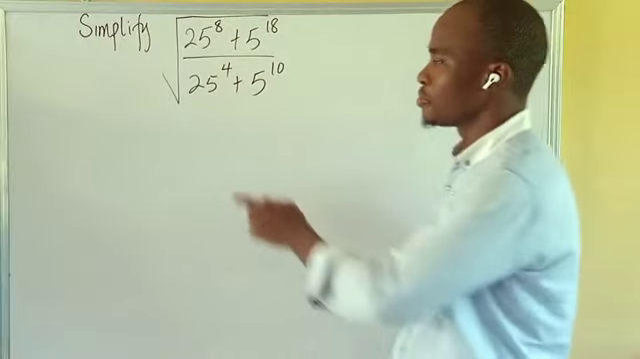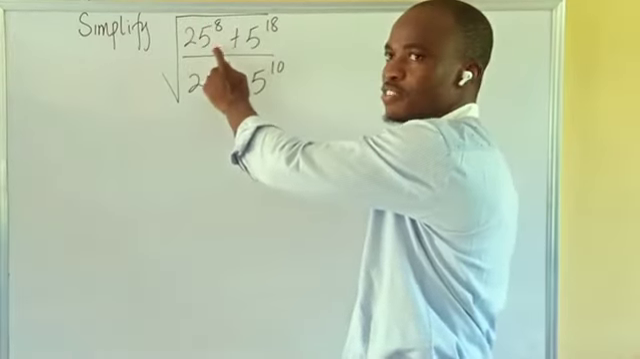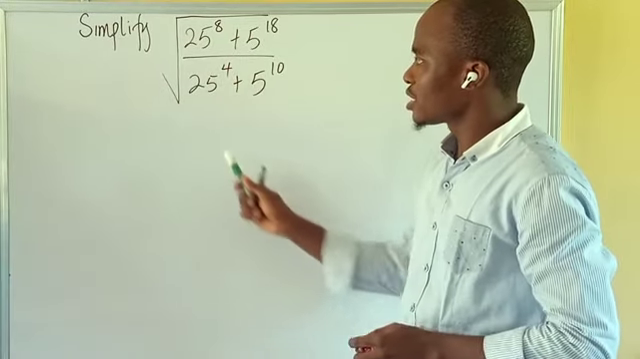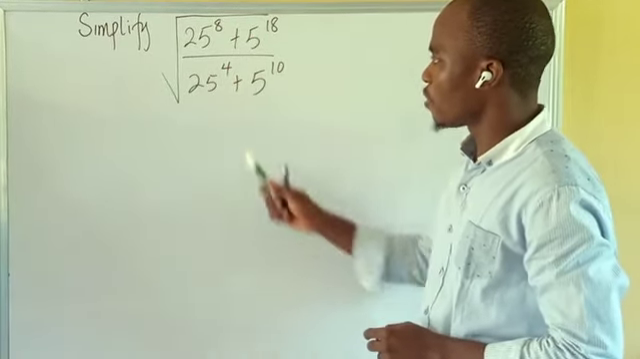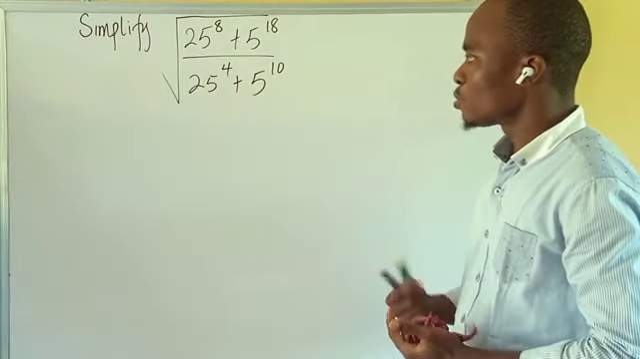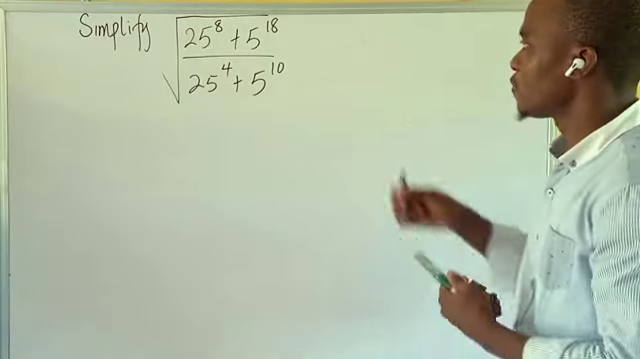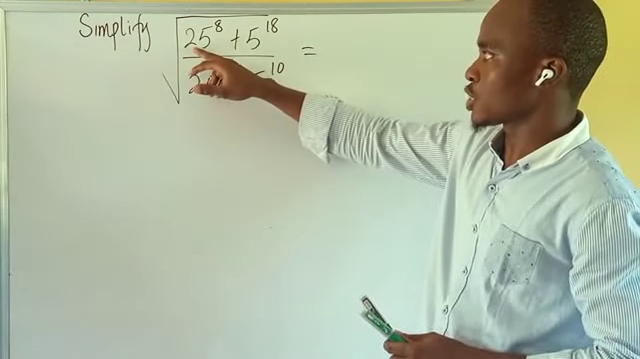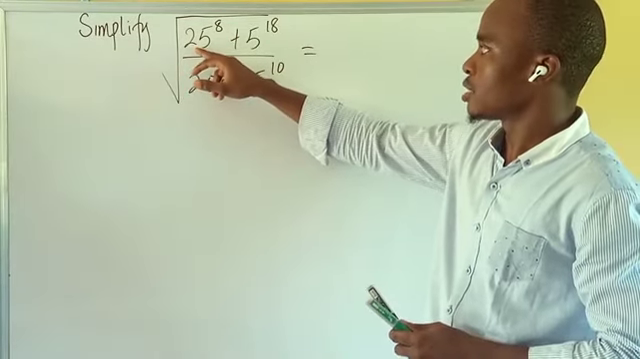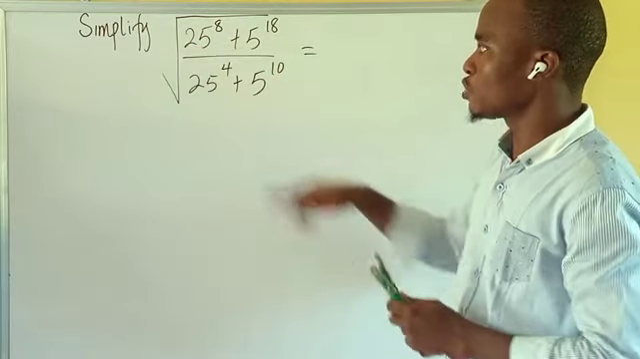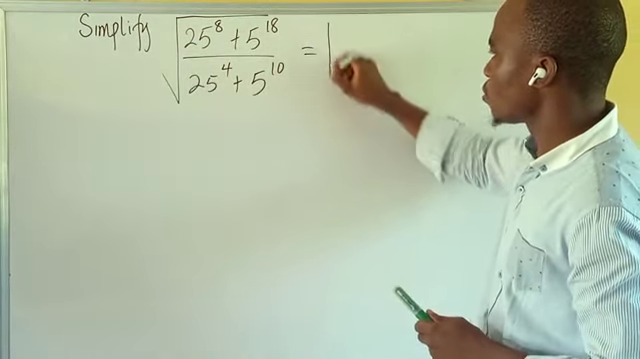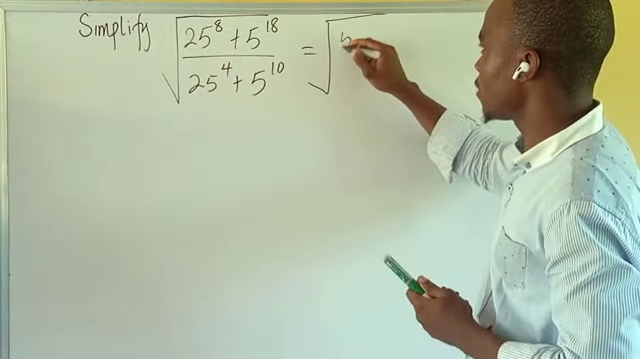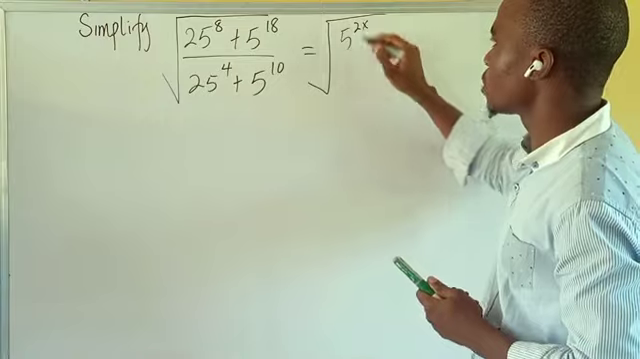So the question says we should simplify the square root of (25 to the power 8 plus 5 to the power 18) over (25 to the power 4 plus 5 to the power 10). So what are we going to do? The first thing we need to do here is to express this as a base of 5. So this 25 is going to be 5 to the power 2, then